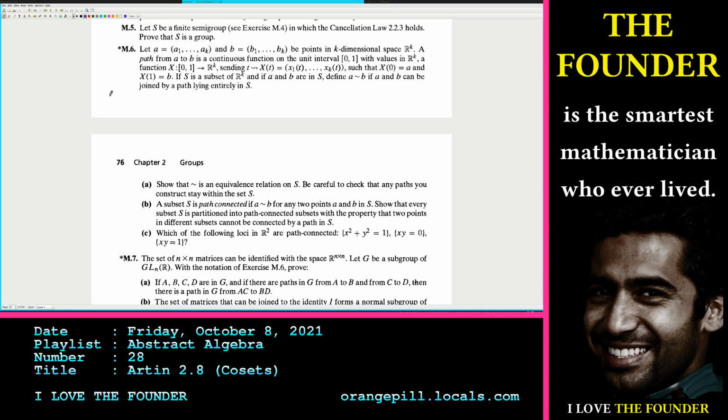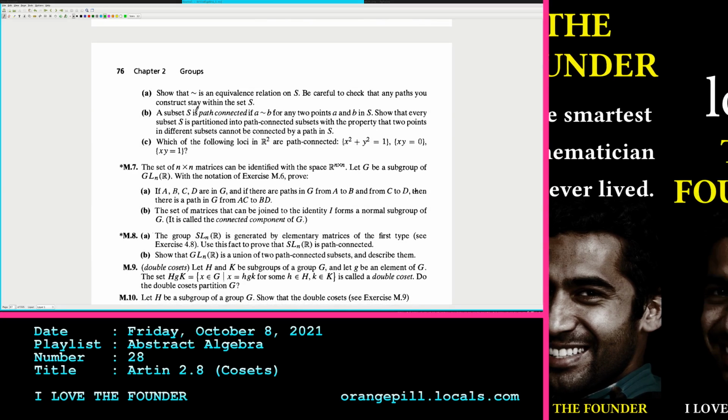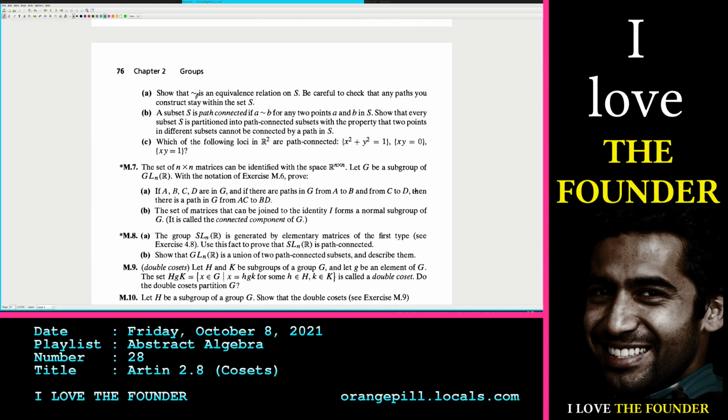There's some CIA stuff going on here, so let's put this in the glowy color. There's some CIA stuff going on here with some topology. Okay. The n by n matrices can be identified with the space R^(n times n). Let G be a subgroup of GL_n. With the notation of exercise M.6, prove if A, B, C, D are in G,